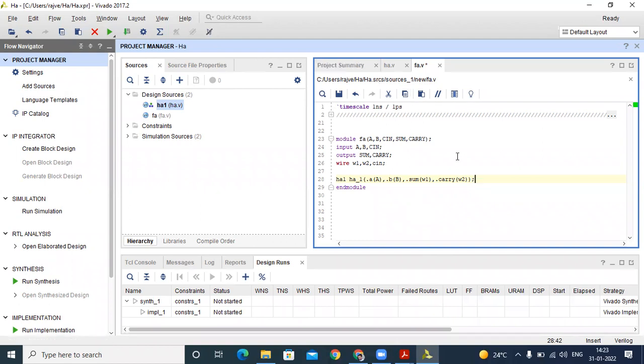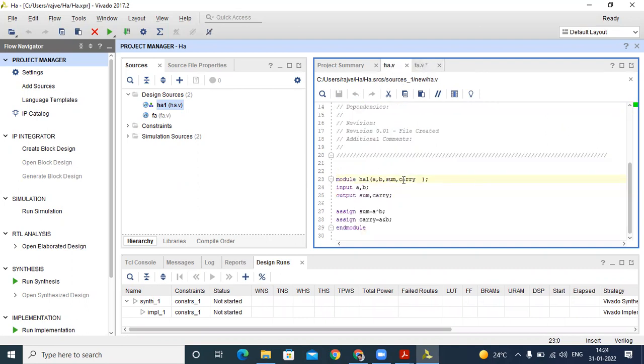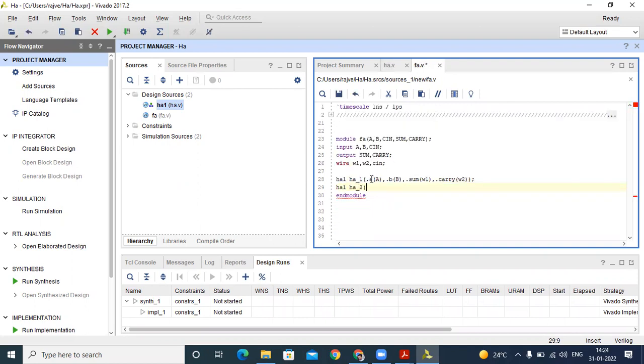Okay. After that, we call our second half adder module. The module name is the same because we want to call the same half adder module. After that, we put a new instance name for half adder 2, and then how to call it. The internal structure of this half adder module is the same, because every half adder has A and B, and then sum and carry. That's why this is our external module for half adder: A, B, and sum and carry. They are the same for both instances.